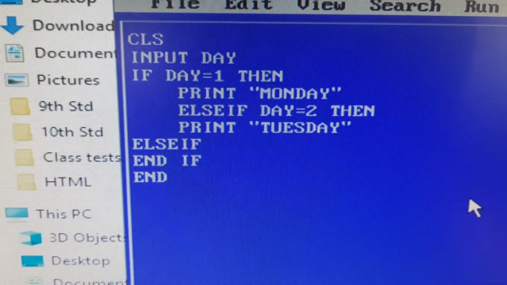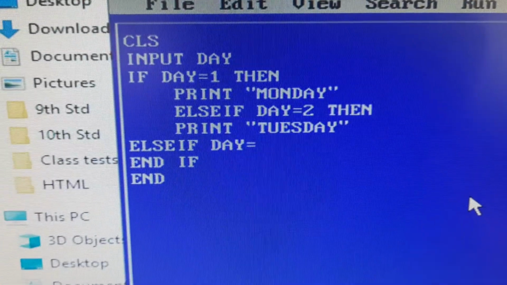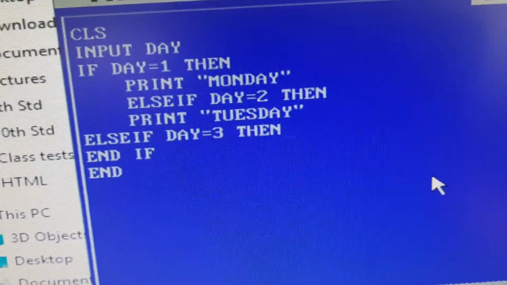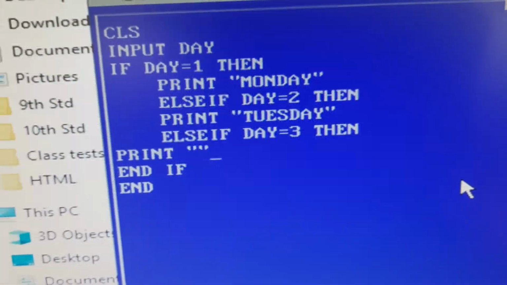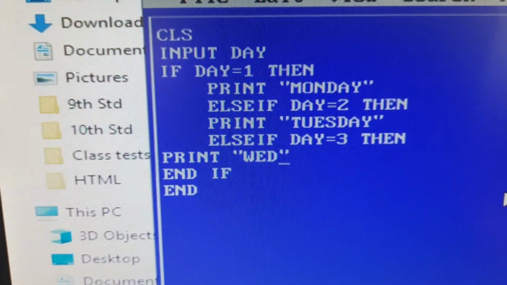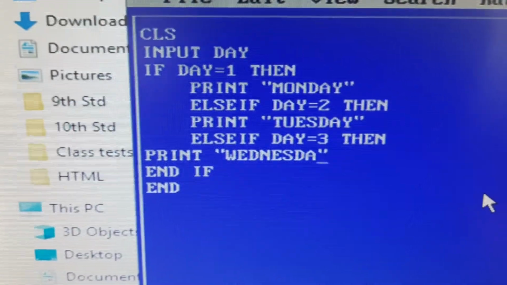Else if day is equal to 3, then print Wednesday.